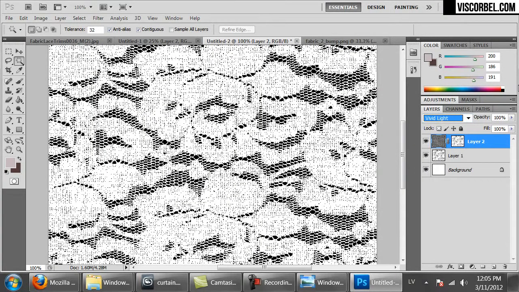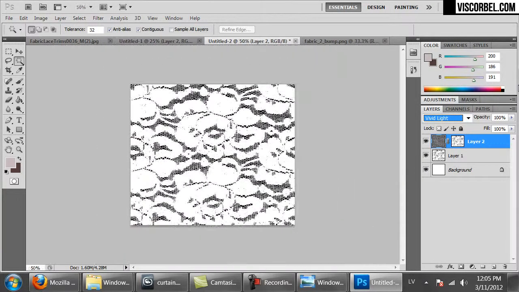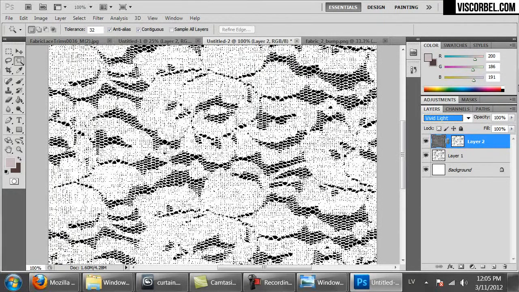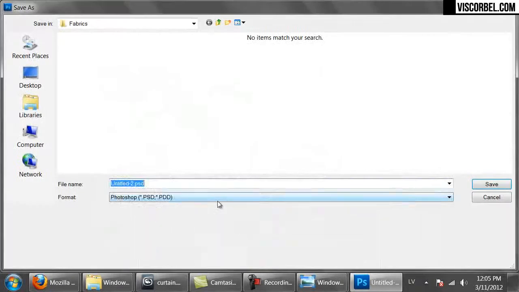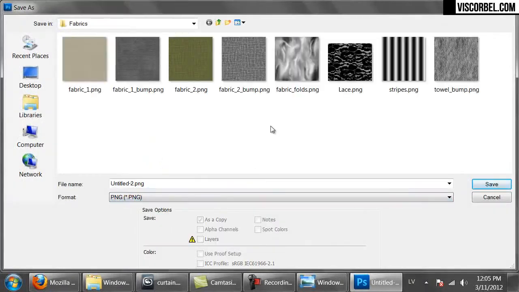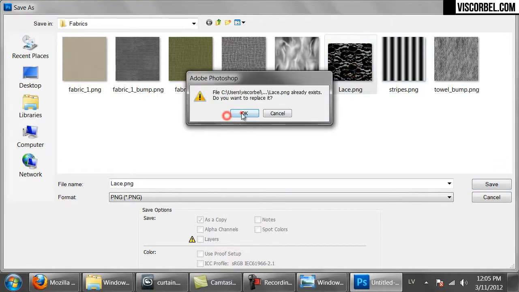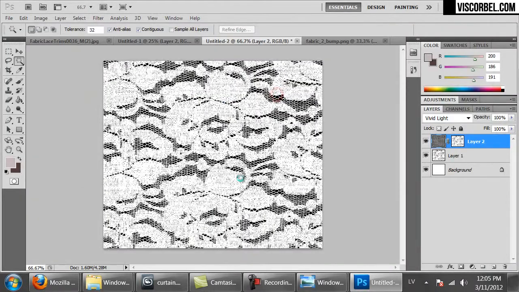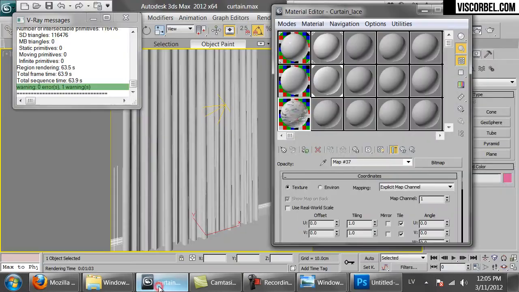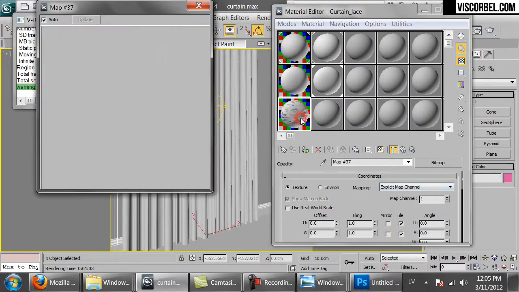Okay, perhaps like this. So this way the texture is a bit more realistic, and the flat white areas have some more variation to them. So let's look at it again,